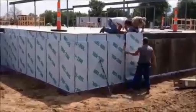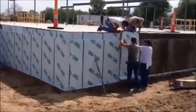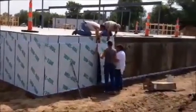Today is Wednesday, June the 4th of 2014. They're installing the waterproof material over the outside of the basement wall. This will be all the way around the